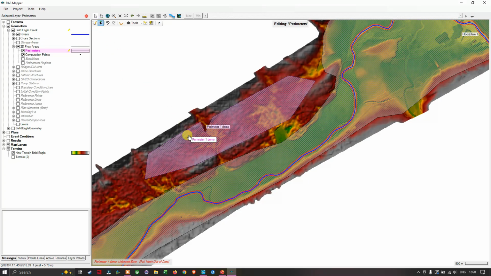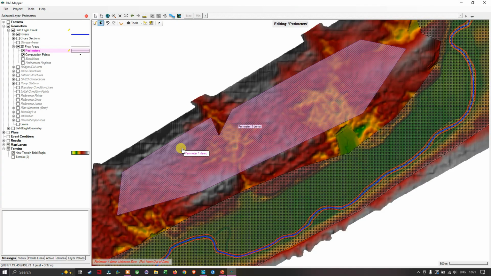Once you've selected the edit tool, you can see the hand-like symbol that appears on the cursor. To edit, first I'm going to navigate to any part of this mesh and double click the left key of the mouse. Now you can see all the point vertices appear on the mesh. To make an adjustment, I'm going to navigate to this particular vertex, click and hold my left key, and drag it out here,